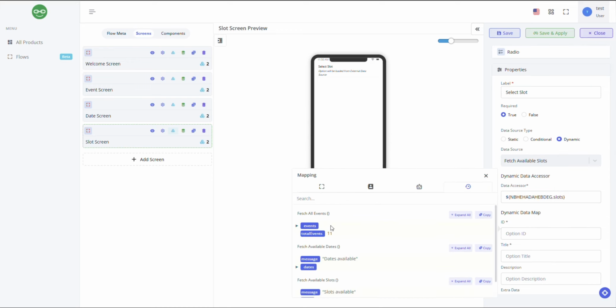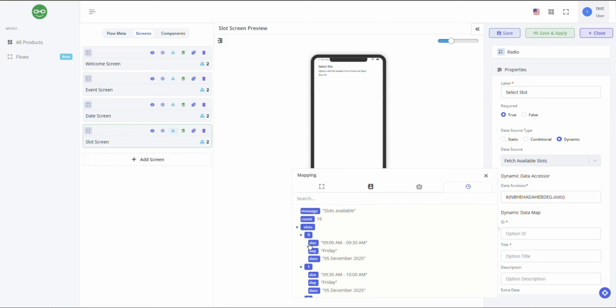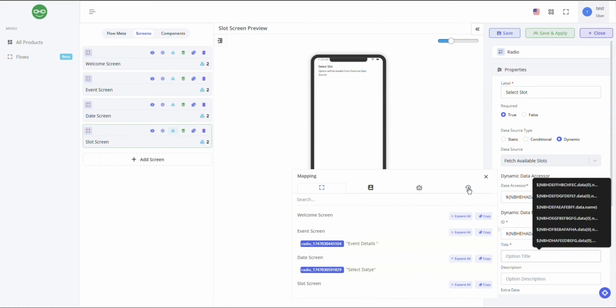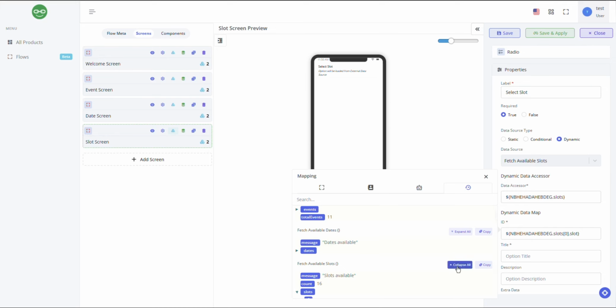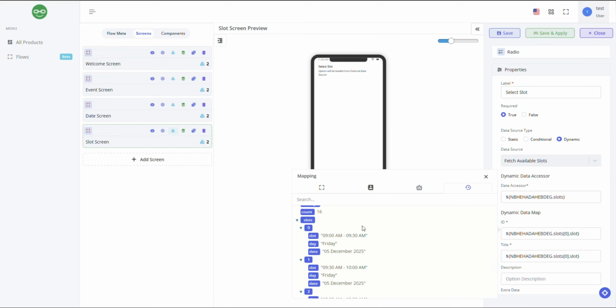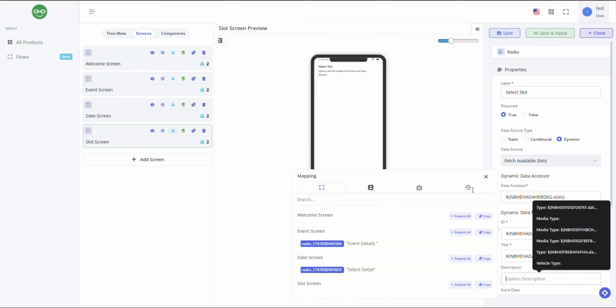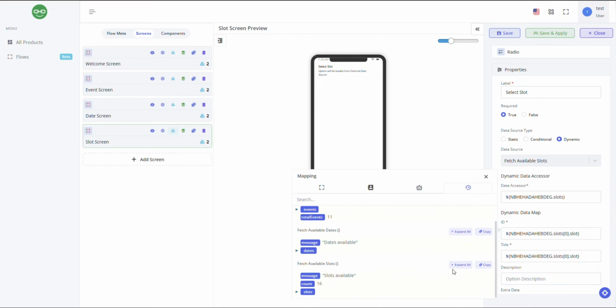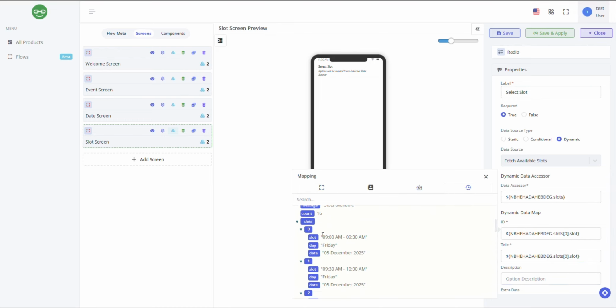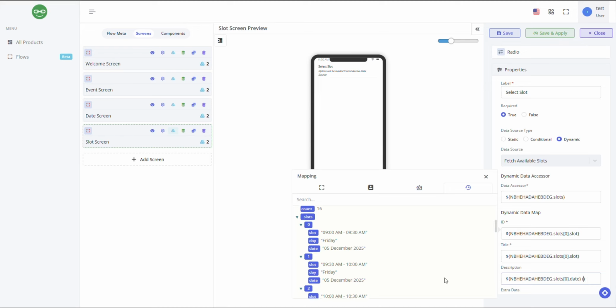Then the ID will be the slots. The ID will be the slots and the title will be the slots. In the description we will showcase the day and date. So first we will showcase the date, and in the same description again we will showcase the day in the bracket. Add the bracket and select the day,